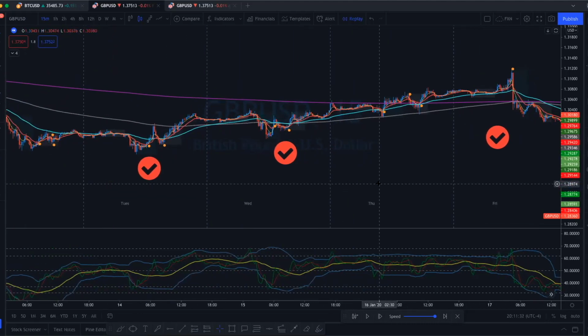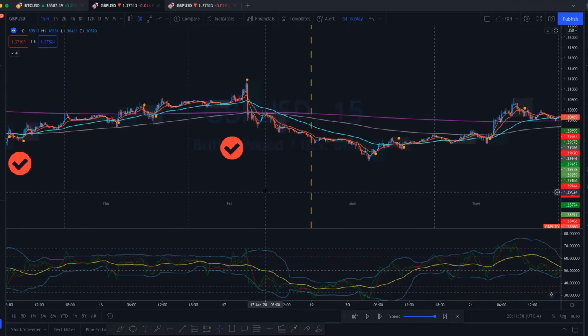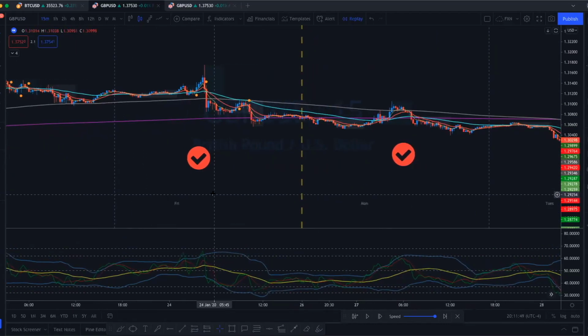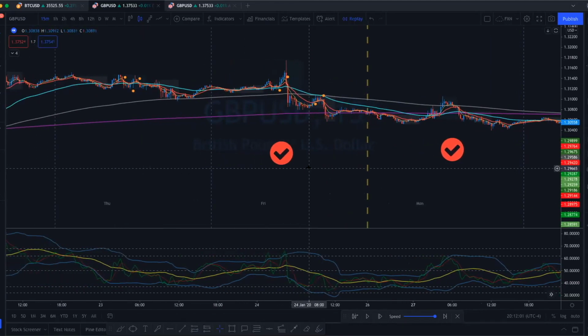Okay. On average, how many times did I get a railroad track, star pattern, or a cord of wood on the second leg so I can get in super early? How many times did I have a pullback right after a big engulfing candle or big railroad track or something? So all these things matter because